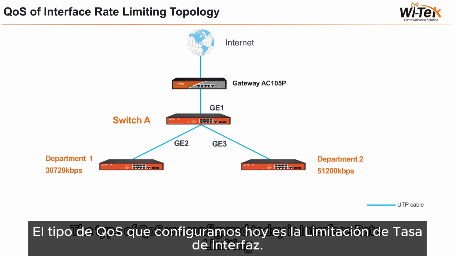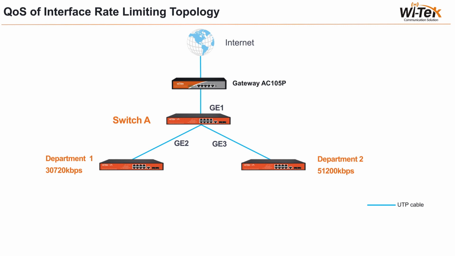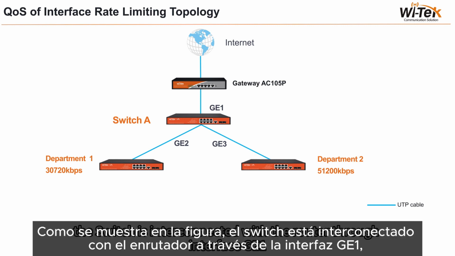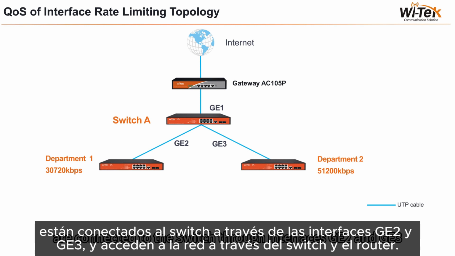The type of QoS we configured today is interface rate limiting. Let's expand the configuration based on this topology diagram. As shown in the figure, the switch is interconnected with the router through interface GE1, and Enterprise Department 1 and Enterprise Department 2 are connected to the switch through interfaces GE2 and GE3, and access the network through the switch